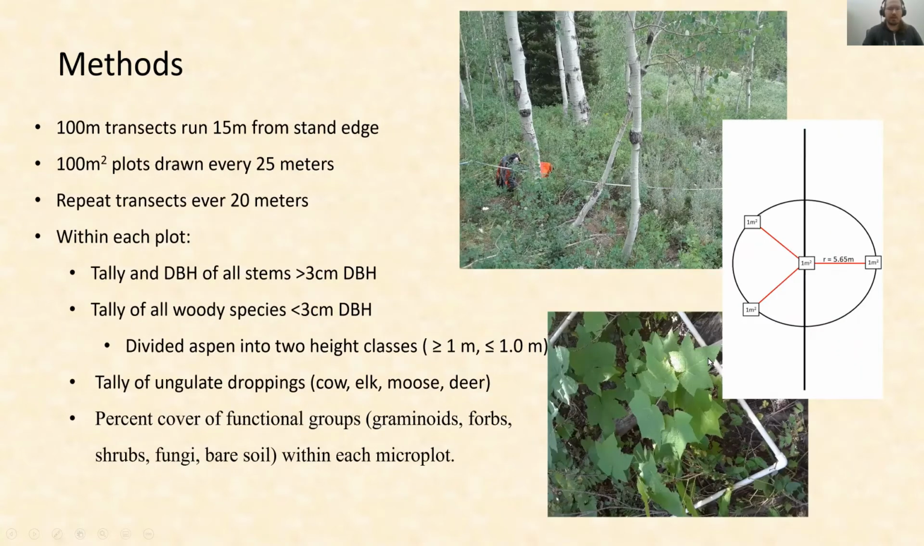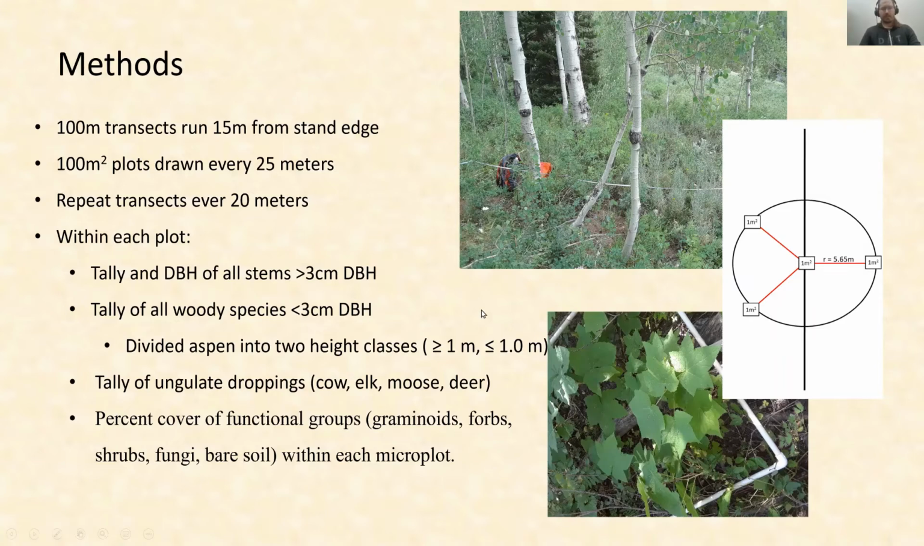And just a quick data dump on how we gathered the data that we needed. We used pretty standard forest inventory techniques, running transects through the stands. Along the transects, we had these 100-meter square plots every 15 to 25 meters, and then repeated the transects. Within the large plots, we counted the overstory stems, measured them, and did the same at the regeneration level of all